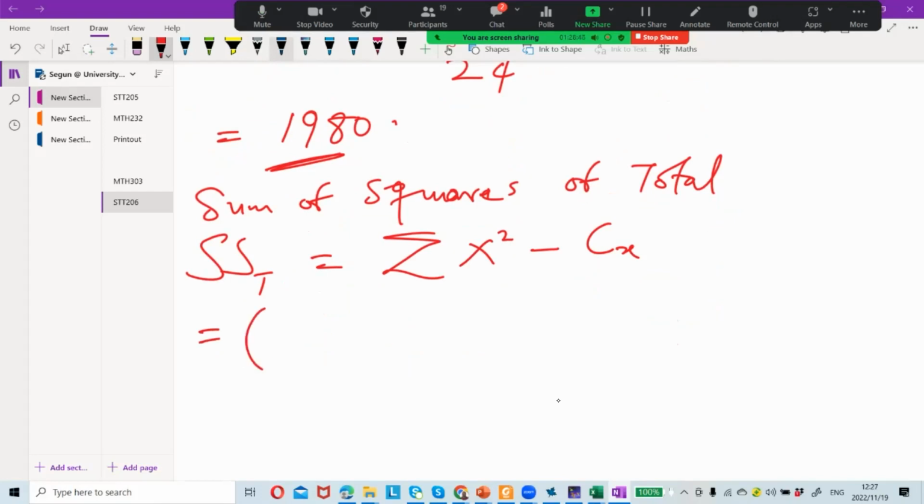Meaning that we have 10 squared plus 12 squared plus 11 squared plus 4 squared